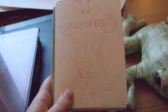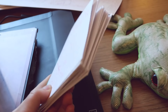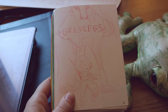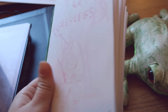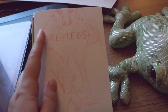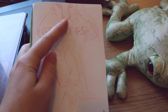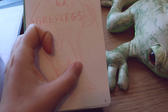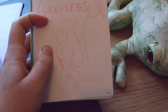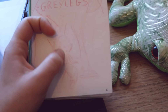So I already have some sort of idea of what I want. I did this in my little mock book that I've done before, and I've used this through the whole process now. And as you can see, this is what I think I want. So I want the title, which I'll probably do digitally. Then I want Greylegs in the frame, but hidden. And I want his legs to show, because it's called Greylegs, so why not have his legs in there? And of course Eva being a bit